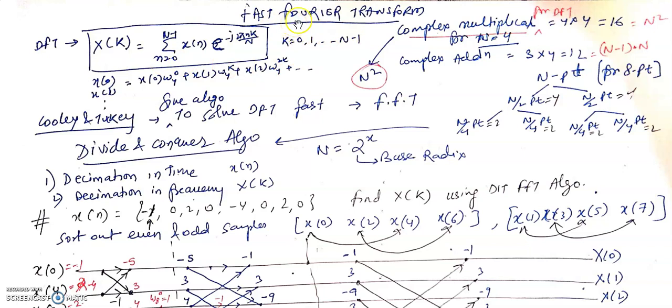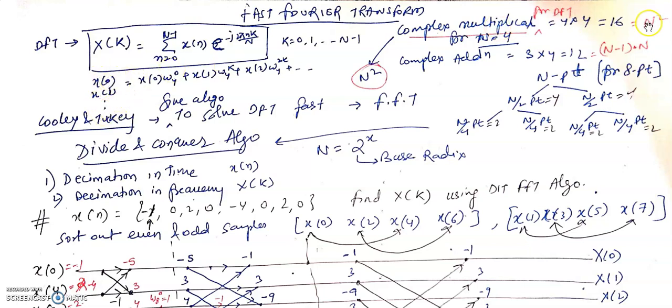This is the fast Fourier transform, and for a normal DFT operation, do you know how many complex multiplications and complex additions are required to compute this DFT? If you want to calculate X0, then it is x0 multiplied with the twiddle factor, and all the elements are added. If it is a 4-point DFT, then this is multiplied 4 times. For example, it is a 4-point DFT, so x0, x1, x2, x3. 4 times multiplied with the twiddle factor, and this 4 times for x0, x1, x2, x3.